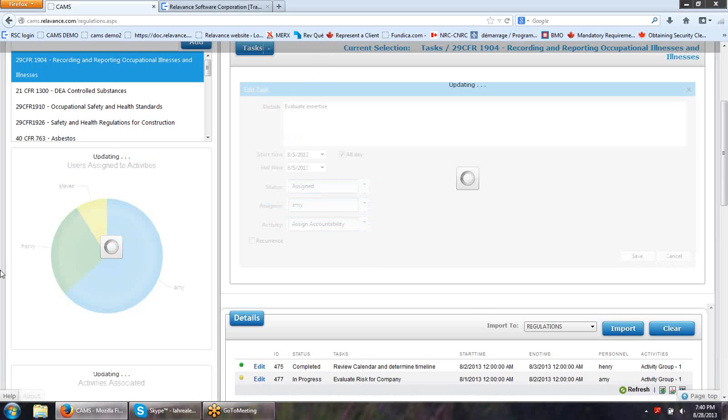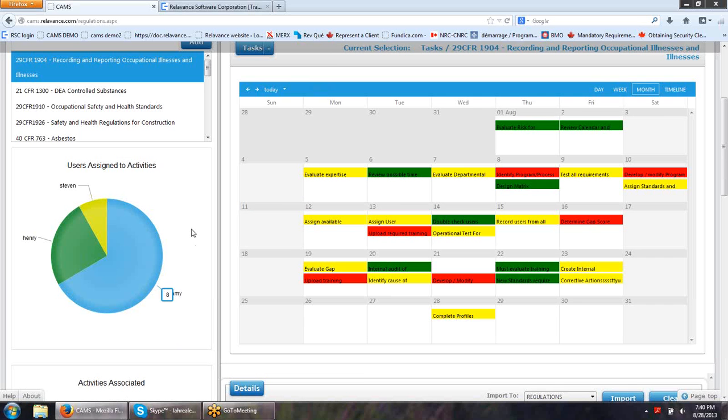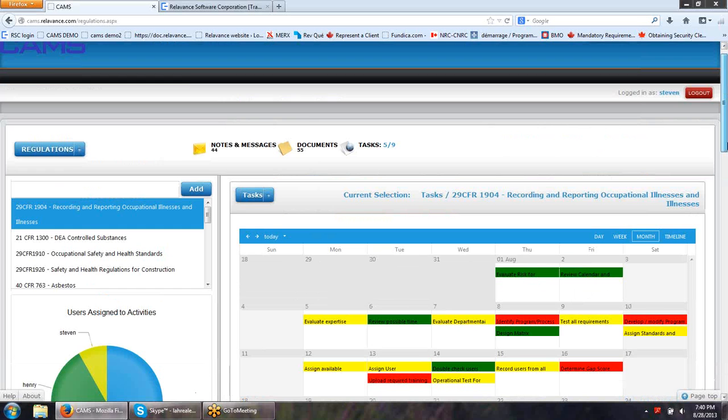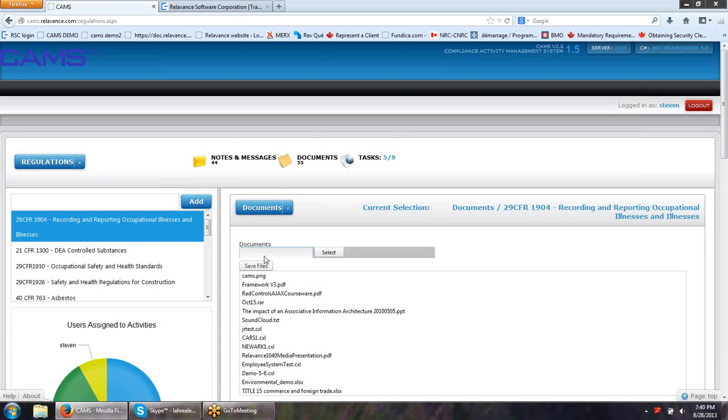So here we are tracking the activities associated to becoming in compliance. You're able to see everything. You're able to change what we need to change and leave what we need to leave. We're able to add documents. Any type of document